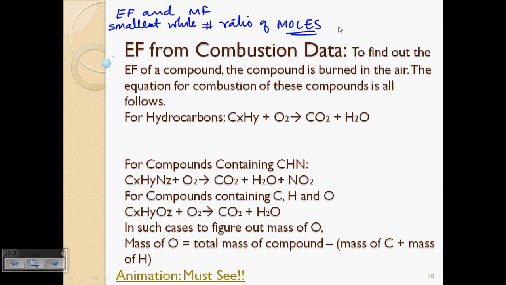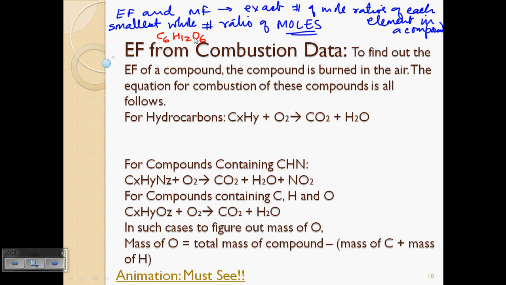And molecular formula tells you the exact number of mole ratios of each element in a compound. So the difference is that empirical formula is the smallest whole number ratio of moles, and molecular formula is the actual ratio of moles. For example, if you were to take